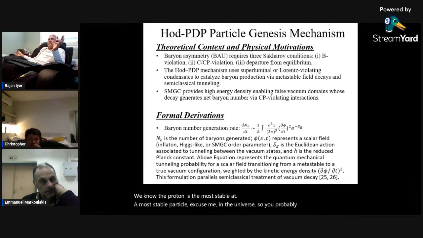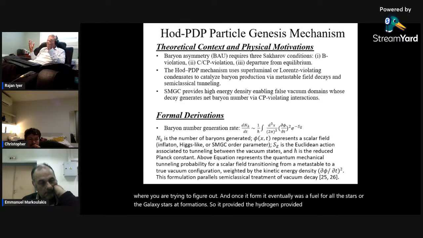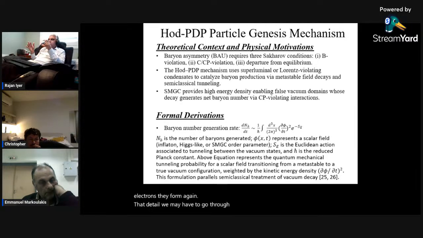That's where we are trying to figure out. And once it formed, it eventually was a fuel for all the stars or the galaxies, stars and formations. So it provided the hydrogen, provided with the free electrons. They form again. That detail we may have to go through, of course, but the proton is the most stable,